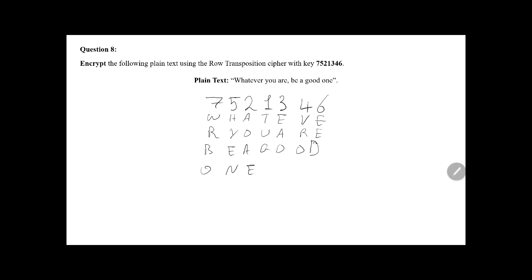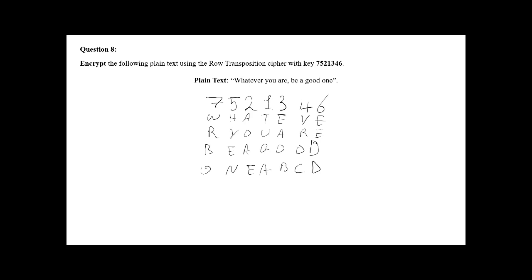In row transposition, what we usually do here, we pad by any kind of letters. Let's say we will pad with A, B, C, D, for example, or W, X, Y, Z, or 4 A's, or any padding technique. Or you can pad using any letters. So, what we do next,